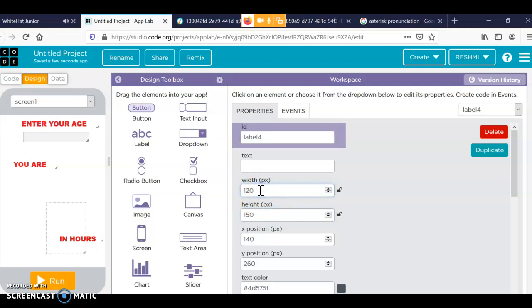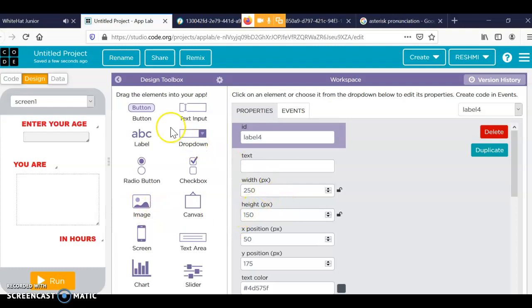Blank, because we need to display the user's output, right? Whatever the user's age, you need to calculate that in hours and display it here. If you keep some text it would not look good. That's why I kept it as a blank one.